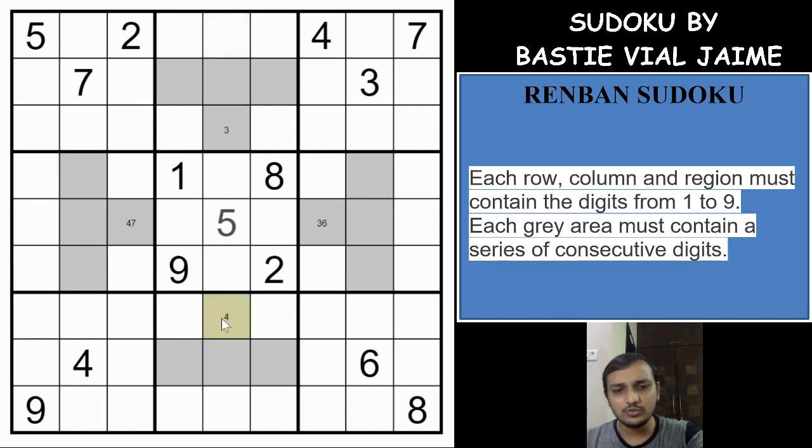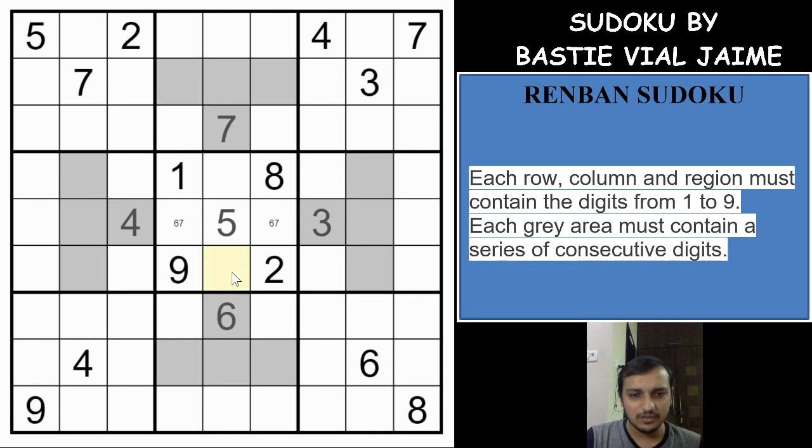So this way we get to see that neither a 4 will come here nor a 6 will come here, and neither a 4 will come here nor a 3 will come here. So we get a 6 here and a 7 here, which gets us to a 6, 7 pair in these two cells, which eliminates 7 from here, and we get a 4 here and a 3 here. What a logic it was! Mind-blowing logic. So this was the breaking of the puzzle, I think. Let's see if we can continue the puzzle easily, or there are some more tough logics to be found here.